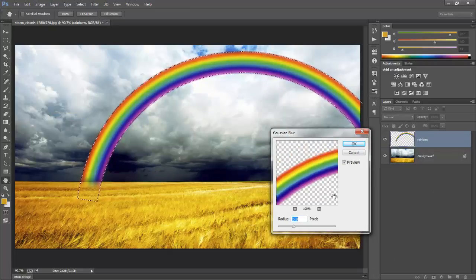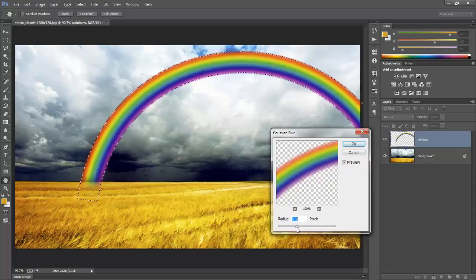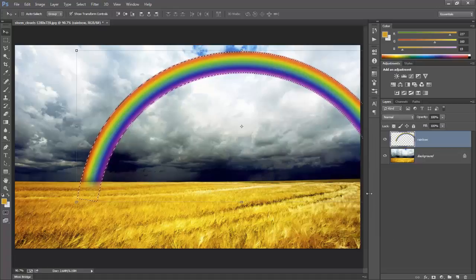And you can't currently see it here at the minute, but there it is, preview. I reckon between 5 and 7 is probably a good amount for a rainbow, and then click OK. Now it's looking a bit bright in there. We can actually come here and turn off this mask if we wanted to, and